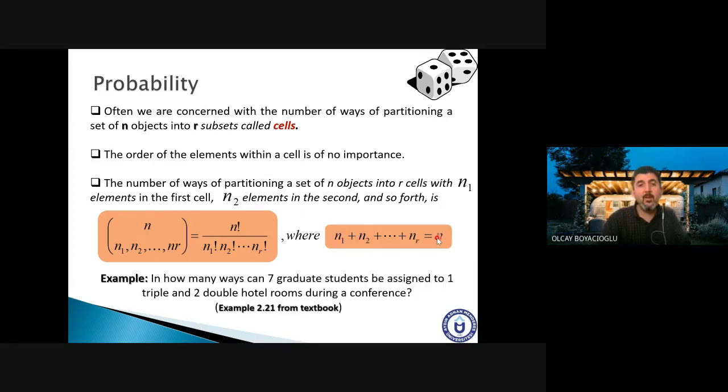All right. So this is a small question again. In how many ways can 7 graduate students be assigned to 1 triple and 2 double hotel rooms during a conference? For example,